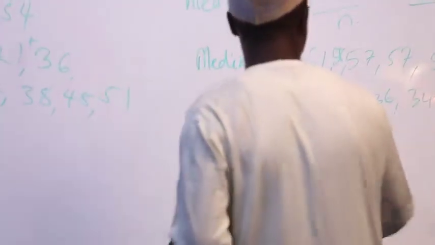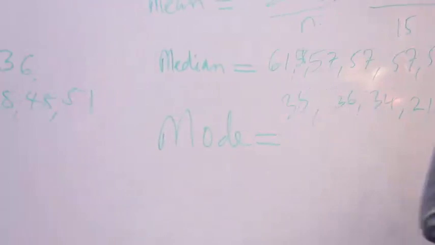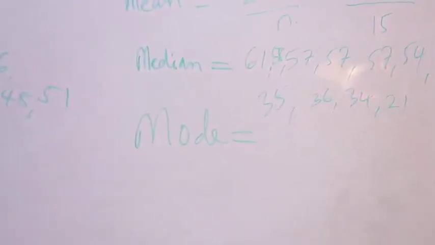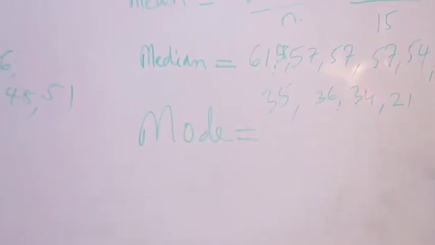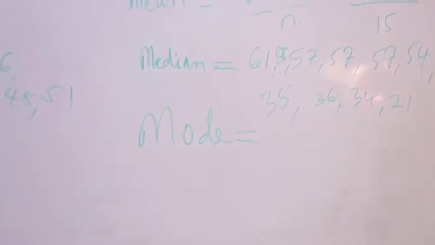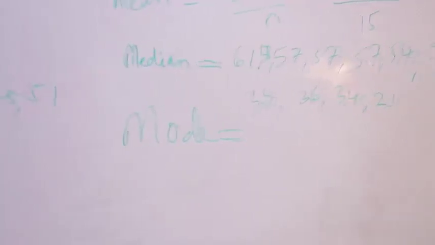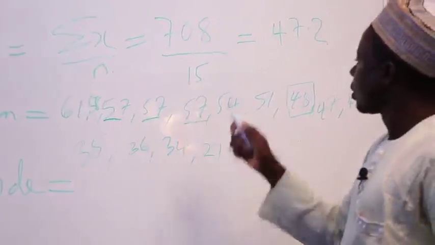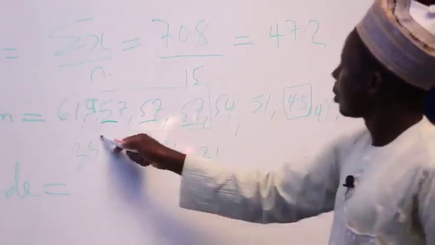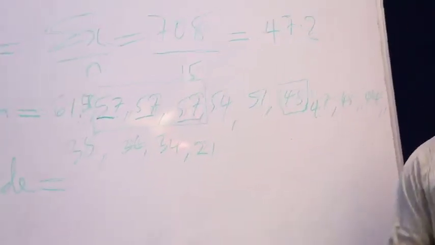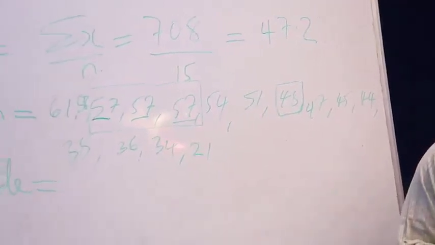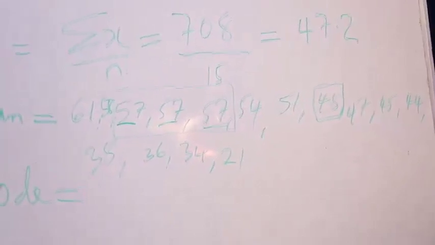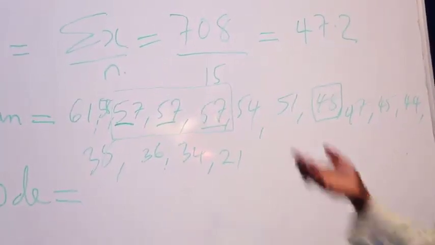The next measure of location is mode, which presents the most frequently observed value. And here, if you look at it, 3 students have a score of 57. So 57 is our mode, the most frequent. Among these measures of location, it is the least used for statistical inference, but it will give you an idea about how frequently an observation